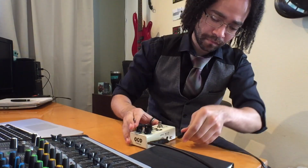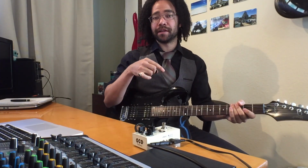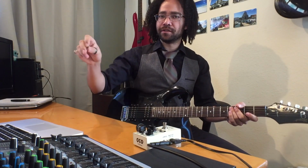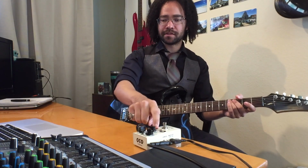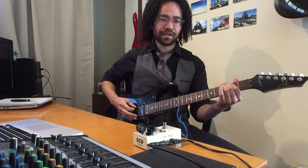So what I want to do is play a couple of tracks for you, show you some examples of what it sounds like. So let's hook this thing back up and see what it sounds like. Just to give you some reference, I'm playing direct right now into the Focusrite, going straight into the computer. So you're hearing this out of the monitors, the clean sound, nothing put on it, the pedal not turned on, and everything's down the middle on EQ, highs, mids and lows, no extra gain on it, just...